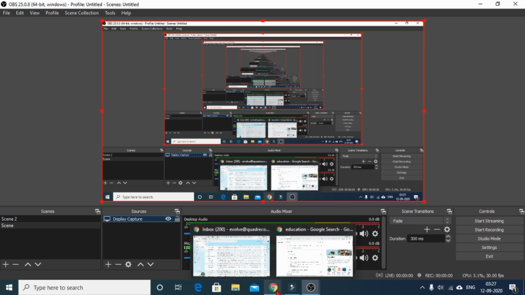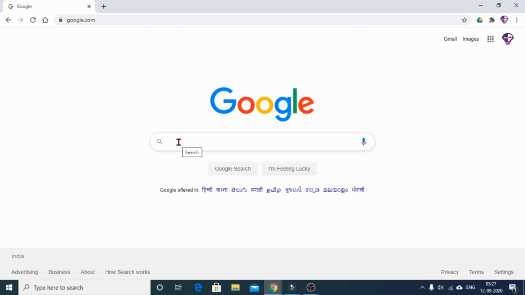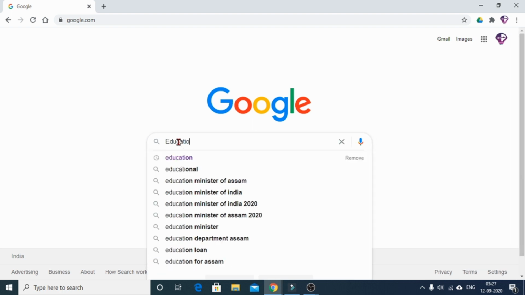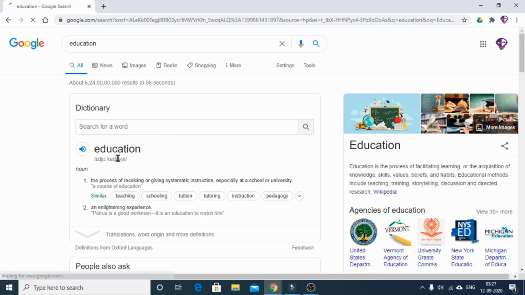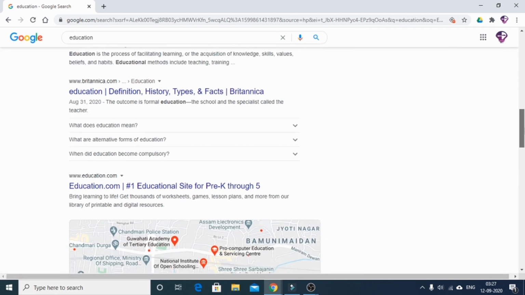You can also show something from the internet. For example, go to Google and you type anything, say education. I type, say, the meaning of education, how it is pronounced, and any related article related to education will be displayed.